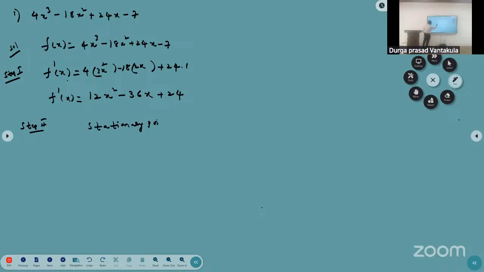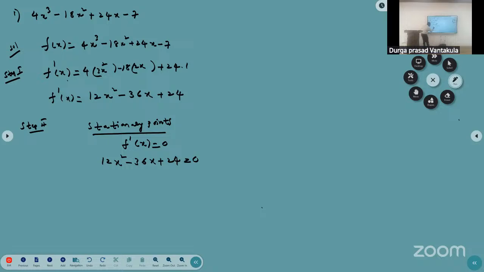Very good. How to find the stationary points? Yes, f dash of x equal to 0. What is f dash of x? 12x square minus 36x plus 24 equal to 0. I am looking for which points? Stationary points. Dear students,